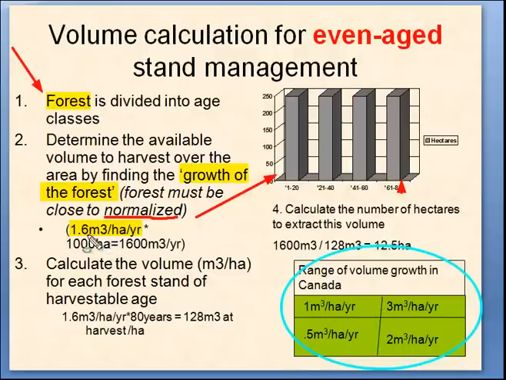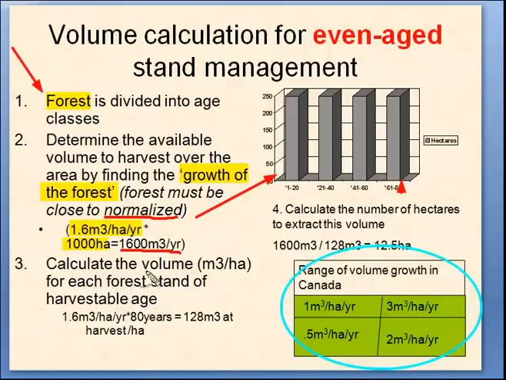So if you know that, and here the assumption is 1.6 meters cubed per hectare per year, and let's say we have 1,000 hectares of forest. Therefore, 1.6 times 1,000 means we are having added to the forest this amount of volume per year. Well, what does that mean as far as what can you take from the forest? Because you cannot obviously harvest stands that are 30 years old, so you cannot take any of it from there.